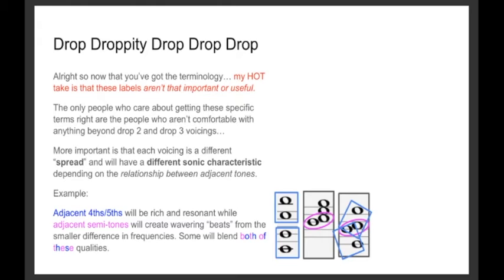The middle one, for anybody that's interested, is a closed voicing in third inversion, and the one on the left is a drop 2, drop 4. Basically, you see what I'm getting at. I know this voicing very well. I can play it all over the fretboard, all over the key centers, with different qualities. But I don't remember if it's a drop 2, drop 3, or drop 2, drop 4. Okay, so